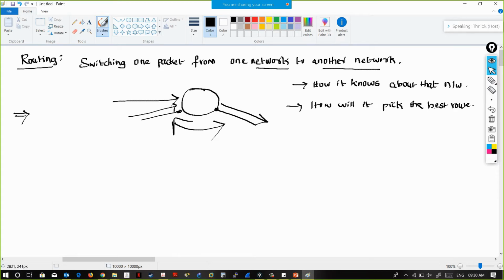The ultimate thing is only one: the packet has to go to its destination. The router has to know two things. One, it has to know the route to the destination. How will it know? And second, if it knows multiple routes to the same destination, which one is the best? This is the main part of our